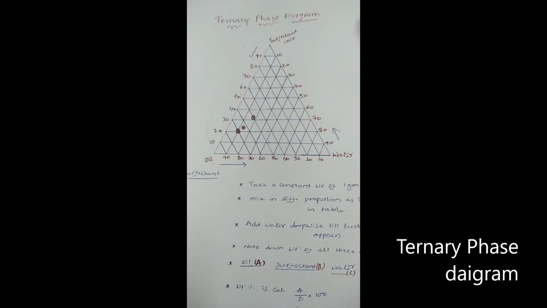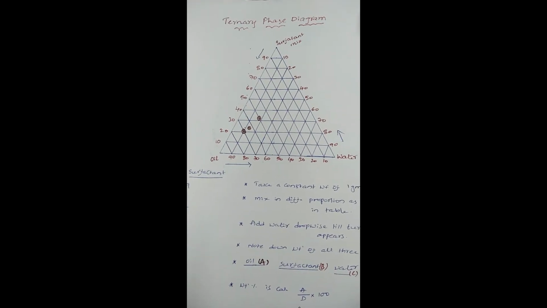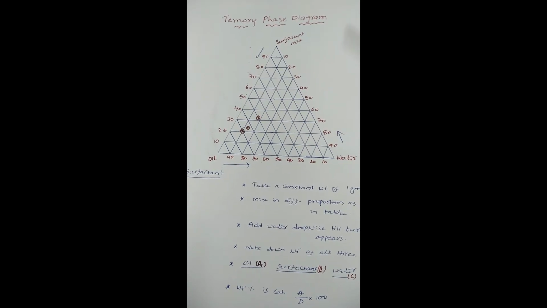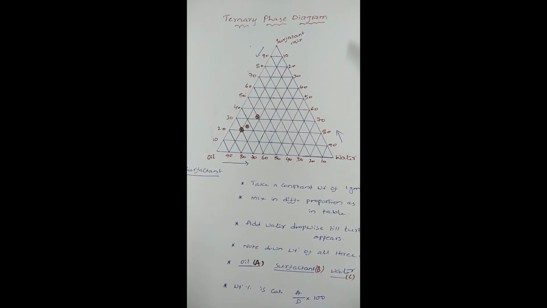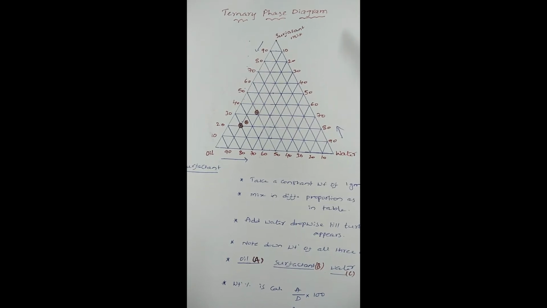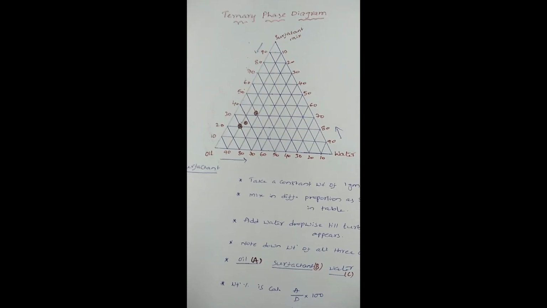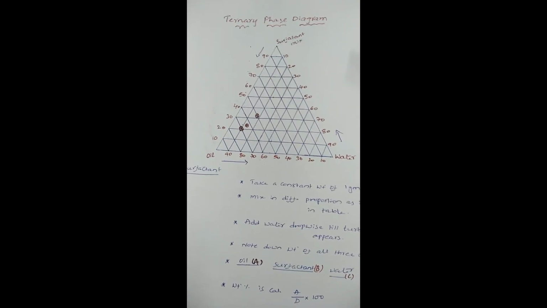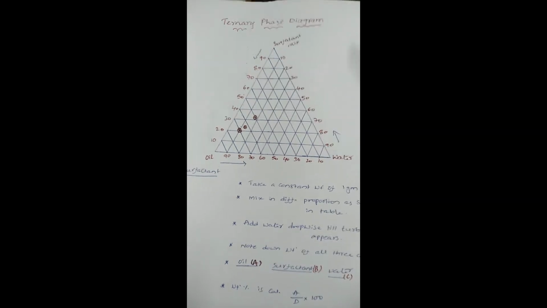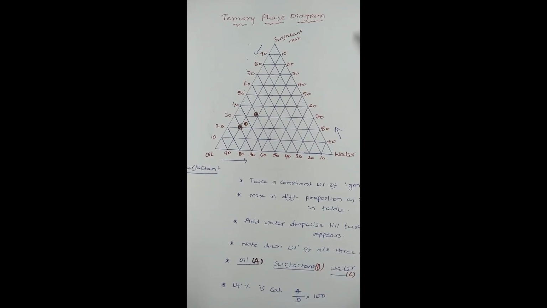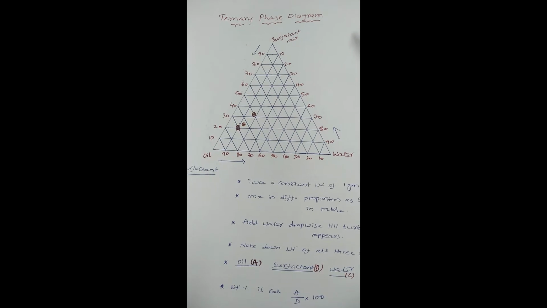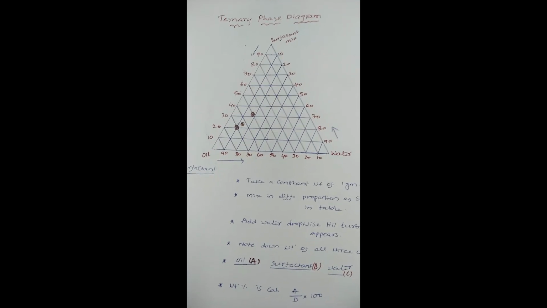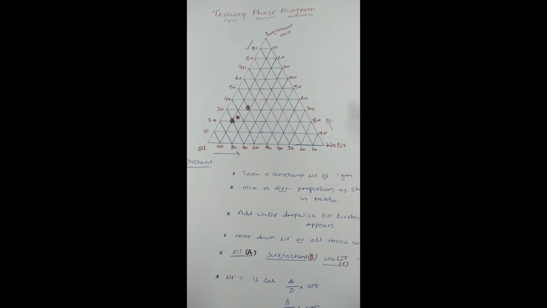Hi friends, today we will see how to plot the ternary phase diagram in a practical way. These ternary phase diagrams are used to determine the composition of three variables or three components using 2D plots. The major application is to identify the emulsification region when you are doing SNEDDS, self-emulsifying drug delivery systems, or nano emulsions. For doing this, I have selected one system.